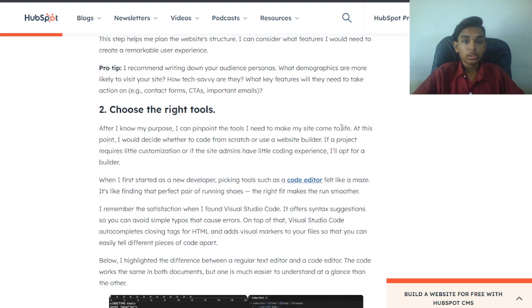Choose the right tools. After I know my purpose, I can pinpoint the tools I need to make my site come to life. At this point, I will decide whether to code from scratch or use a website builder if my project requires little customization or if site admins have little coding experience. For new developers, picking tools such as coding editors can feel like a maze.